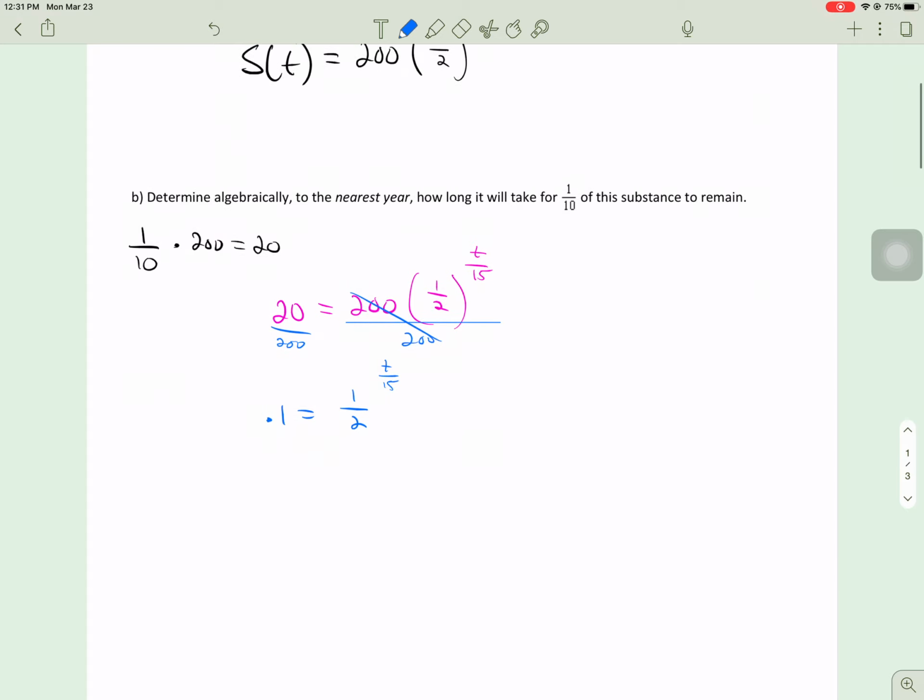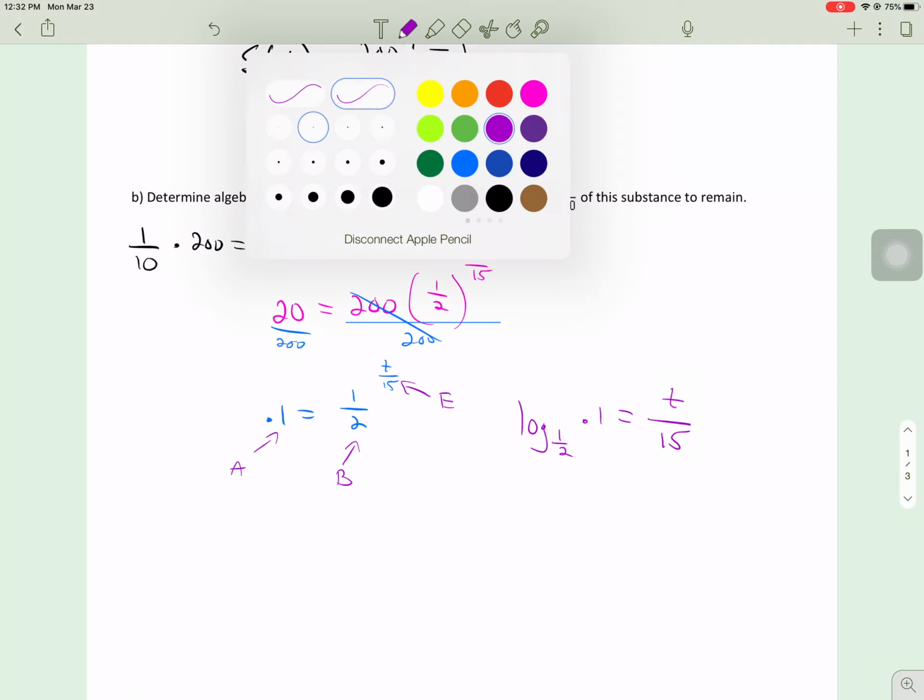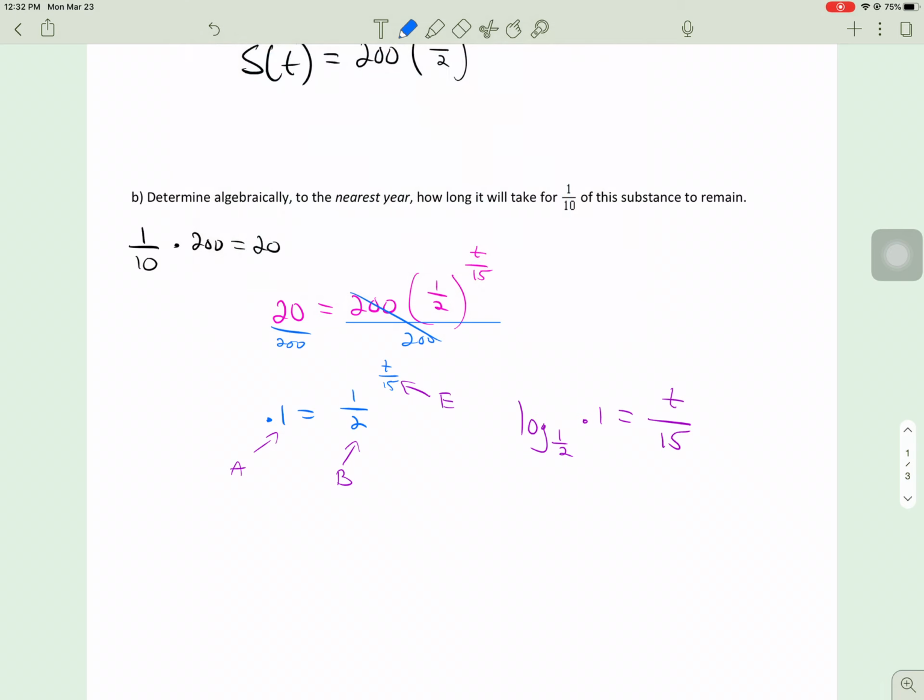Right? So right now, let's convert it. Log: base, answer, exponent. So we get log base 1/2 of 0.1 equals t over 15. Well, I want to get t alone. You can cross multiply, or multiply this side by 15, it doesn't really matter, I'm going to multiply by 15. So there you go. We get 15 times log base 1/2 of 0.1 will equal t, so we get t equals